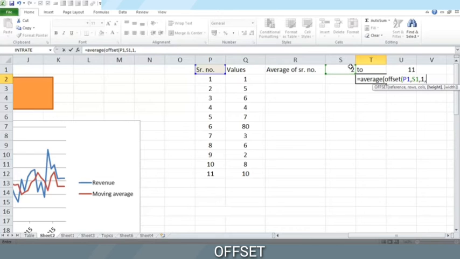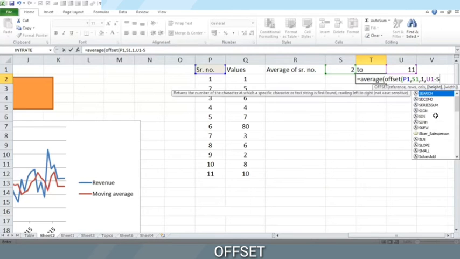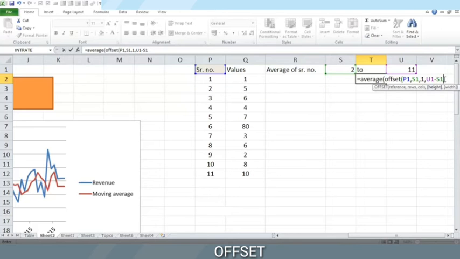Now the height can also be obtained from the user input. We'll have to subtract S1 from U1. So U1 minus S1, but we also must add a 1 here. This is because we are taking this from average of serial number 2 to 11. We are taking all of these. And this is a total of 10 values.